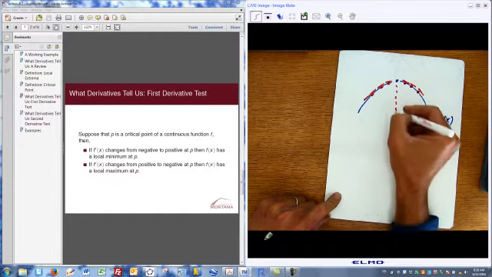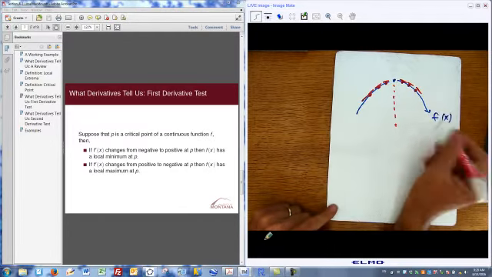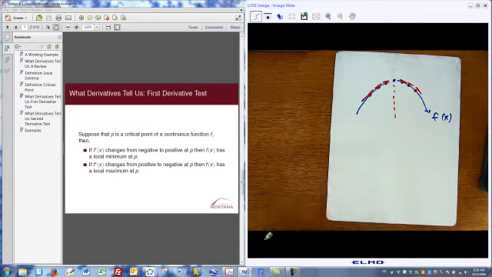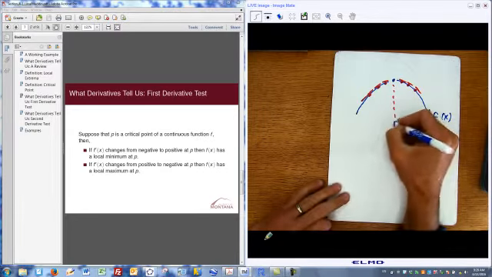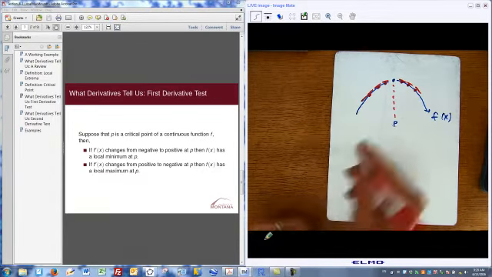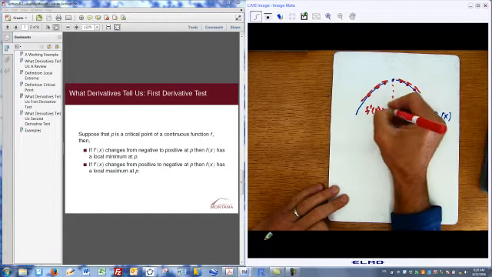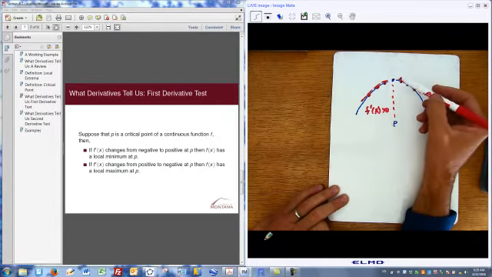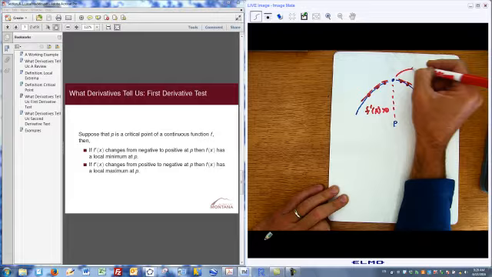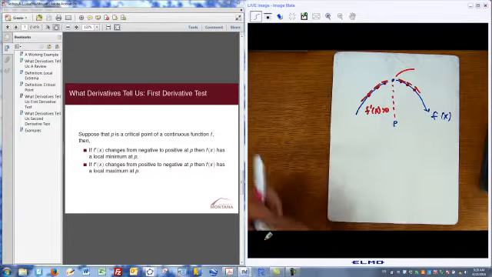And we can see that everything to the left of the critical point, let's call it P, here the f prime of x is greater than 0. Do you agree that as things move up towards the critical point P, which we also sometimes call P comma f of P,